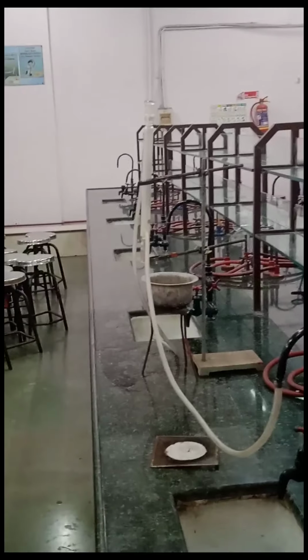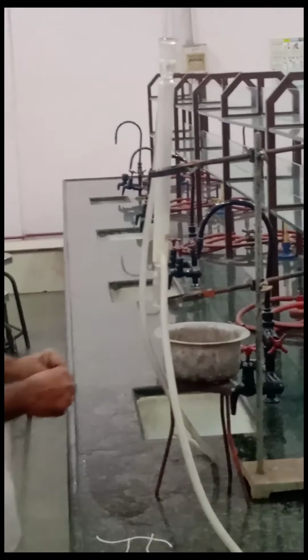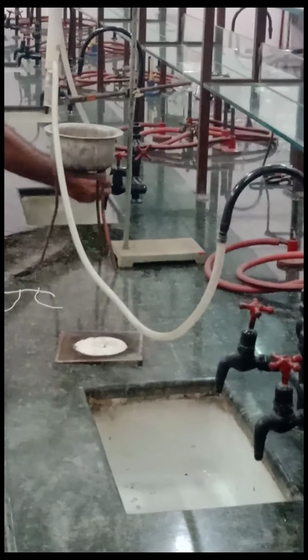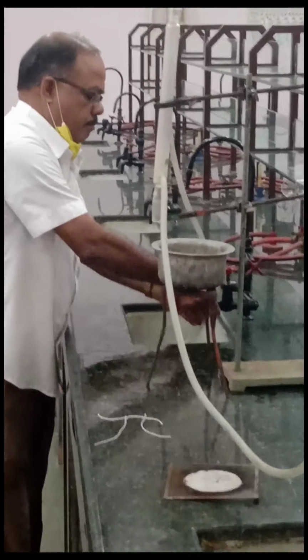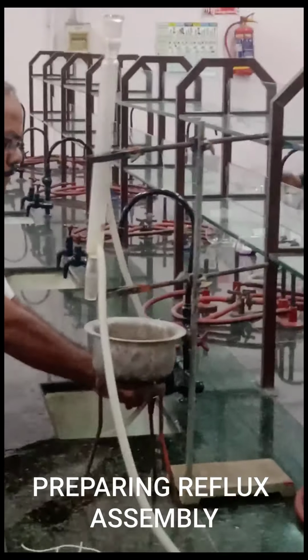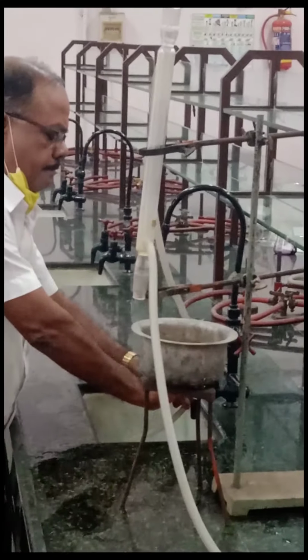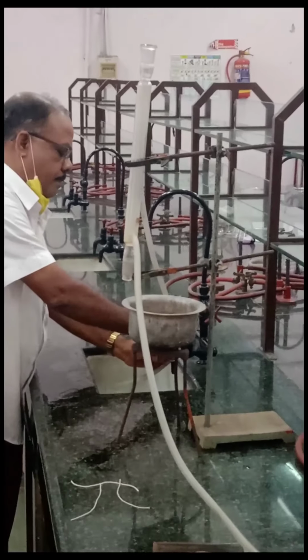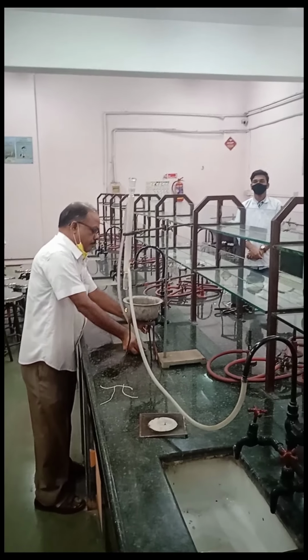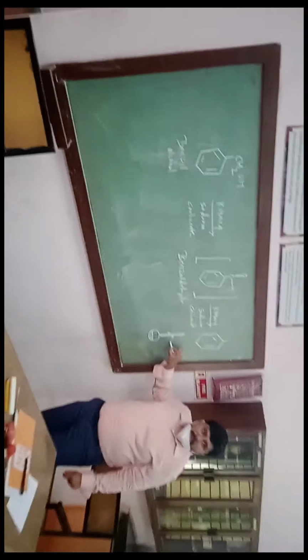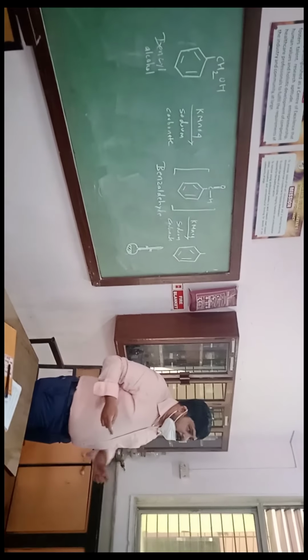You are attaching a condenser. As you can see, the condenser is there. Through the condenser, you are circulating cold water. There is one inlet, which we have connected to the tap. So that is your inlet, and the other is the outlet. Can you see? That's a reflux. One is the inlet through which the water will circulate, and there is an outlet through which hot water will come out.